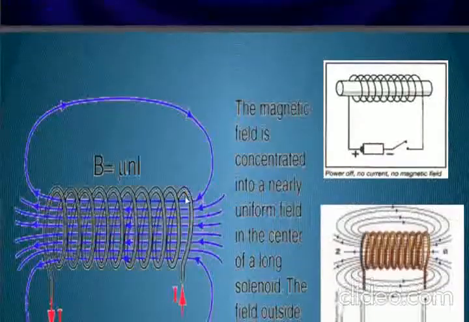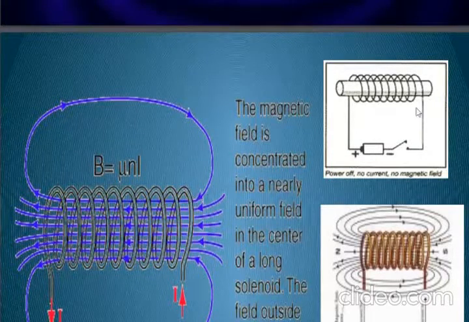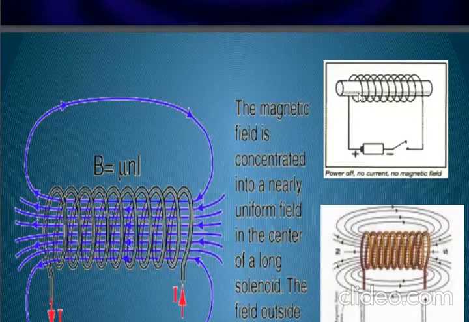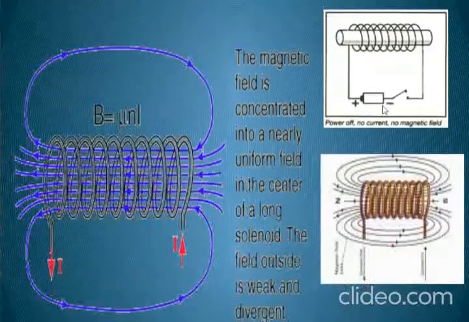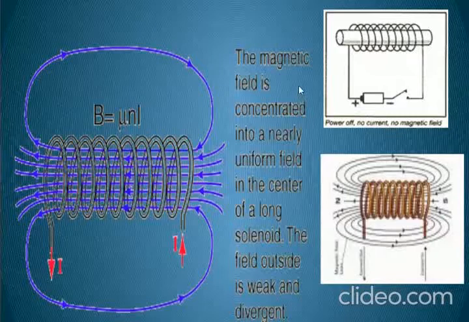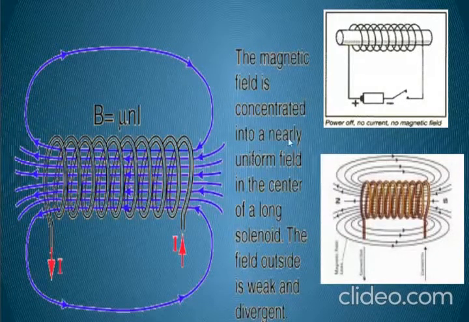Now we take the practical aspect of solenoid. You see here, insulated copper wire is wrapped over the insulating hollow pipe or cylindrical thing, then we get solenoids. And when the terminal of the solenoid is connected with the battery, then solenoid itself starts behaving like a bar magnet. So you will see here the magnetic field is concentrated into a nearly uniform field in